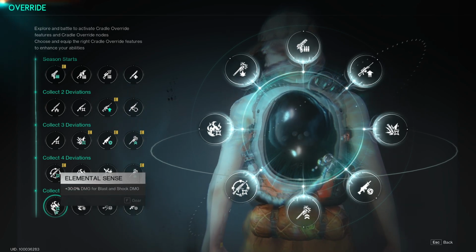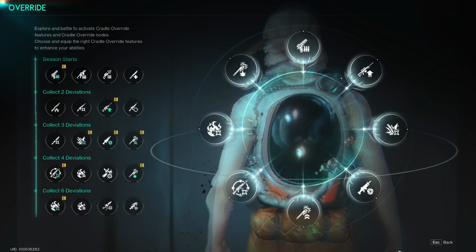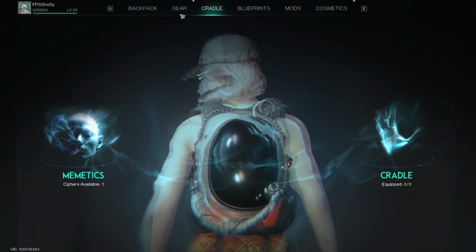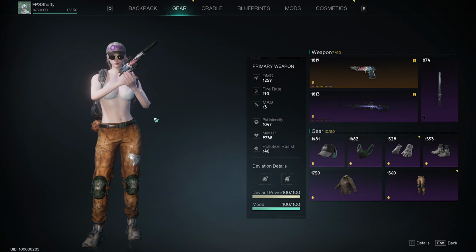Elemental sense for the blast damage, obviously. Just increasing your damage straight up for blast is just so insane. That is basically it. Now to talk about some of the questions that I got in my last few videos,